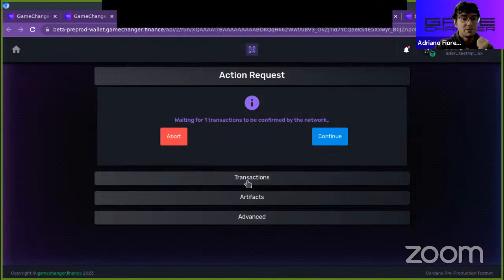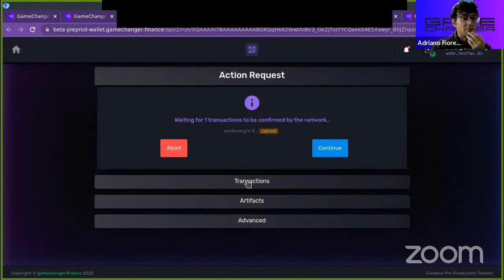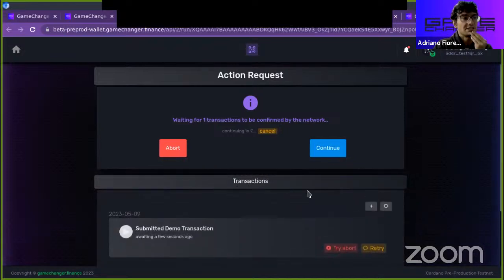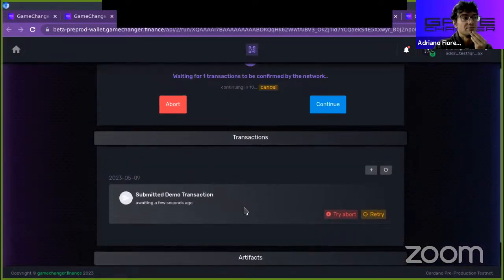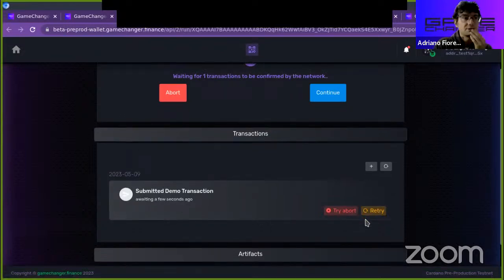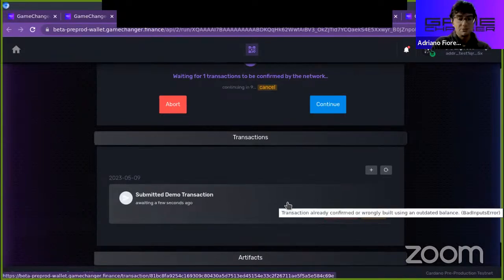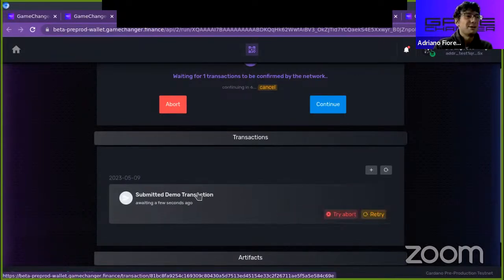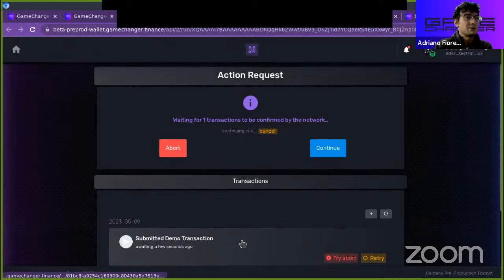This DApp connector, the new version of the DApp connector, is very feature rich. For example, you can check the status of the transaction here. We can try to abort this transaction. We can force a retry if we have some network issues. And you can do even much more stuff. But yeah, we are waiting for the confirmation. And once this finished,